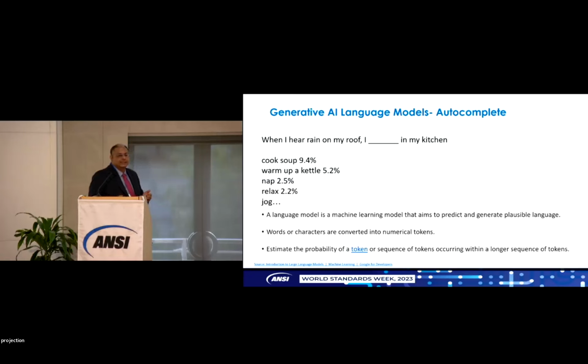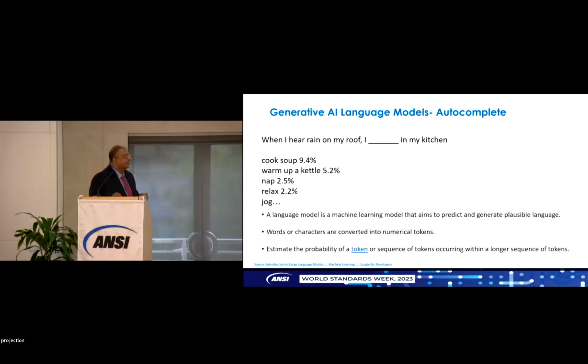We're taking another step forward from the world of creating images and the networks we looked at. This is a popular quiz show on TV. When I hear the rain on my roof, I dash in my kitchen. And language models essentially are statistical models that fill in words that are plausible, that can be relevant to the sentence. So cook soup,